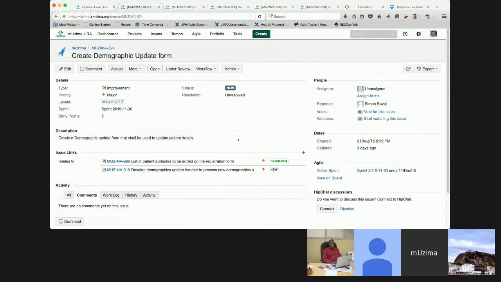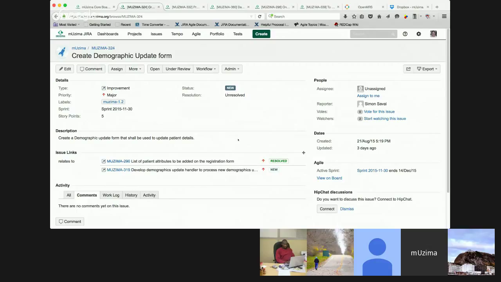So we want to get the data updated for this. The demographic update form looks very similar to the registration form, because we allow users to make changes on that information. However, the mechanism of how all this information gets updated and replaced might be a little bit tricky, because there's always a discussion about how much we trust, and which information we trust most.